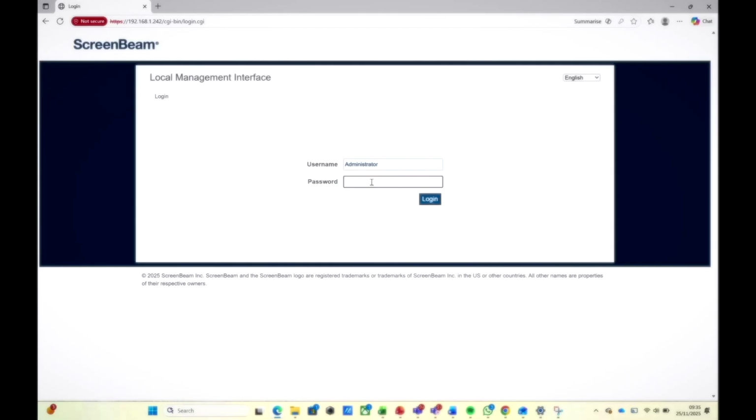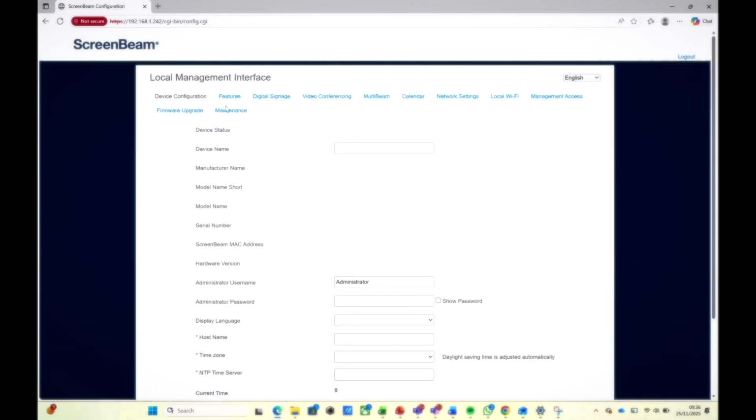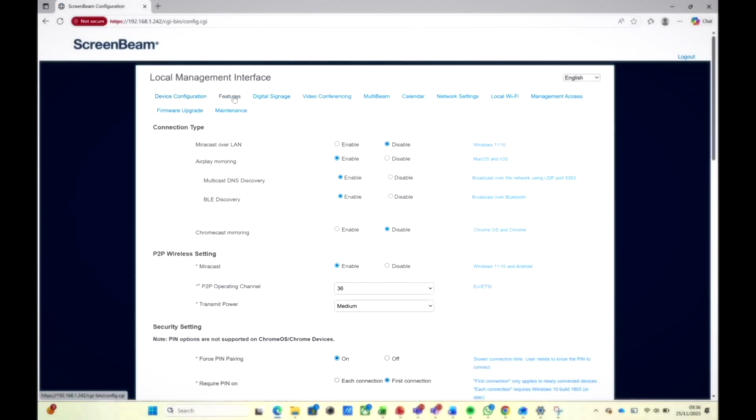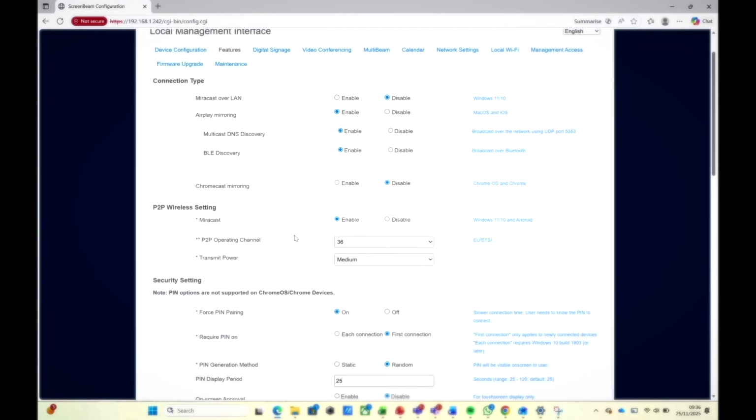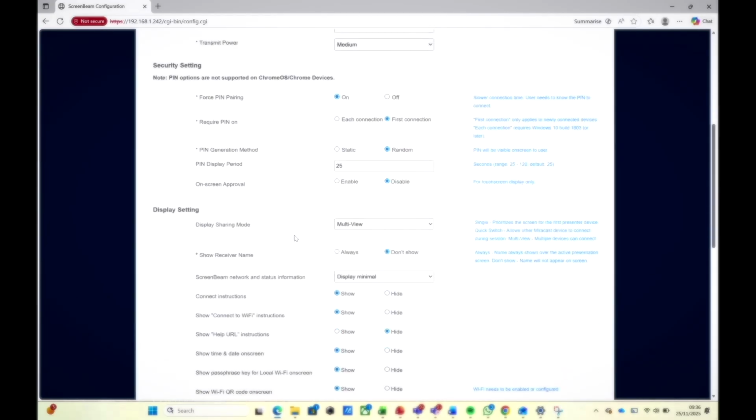Out of the box, the username is administrator with a capital A, and the password is just Screenbeam. Obviously, you can change that for security later if you want to. And we're looking at one specific thing here, which is what happens if you try and connect to a device that's already mirroring. So I'm just going to scamper down to this bit here where it says display